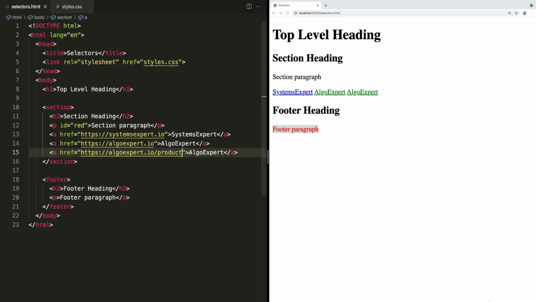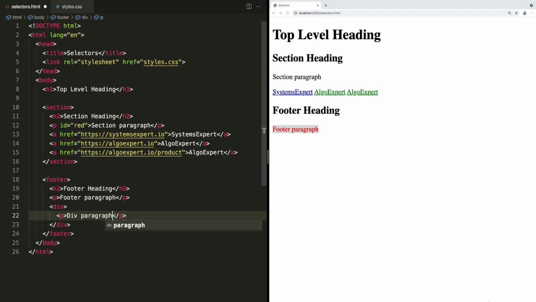So let's go back to our HTML again, and let's add a little bit more code inside of this footer. I'm just going to add a div for the purpose of demonstration. And then inside of this div, I'll add a paragraph. Now when I save it, you'll see both of these are red, and maybe this is what we want, maybe it's not. But if it wasn't what we want and we only want the direct children, so only paragraphs that are directly inside of the footer, whereas this one is inside of the div, which is inside of the footer,